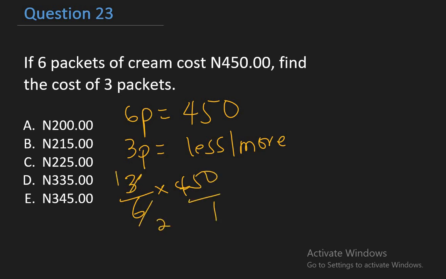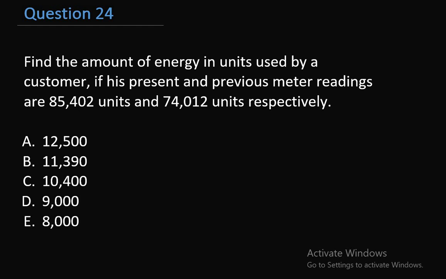2 into 4 is 2. 2 into 5 is 2, remainder 1. 2 into 10 is 5. This is my answer, 225 naira. Okay, now this question 24 says,